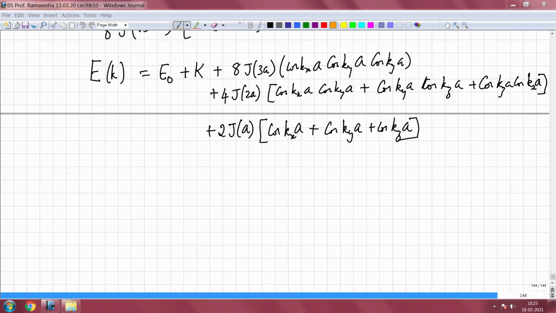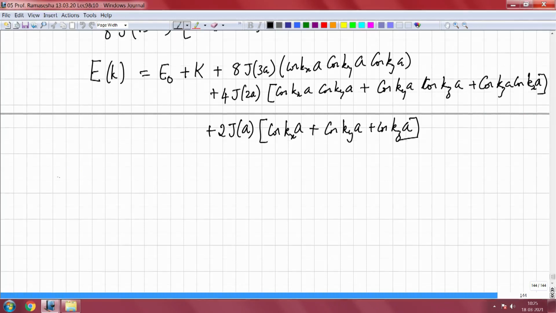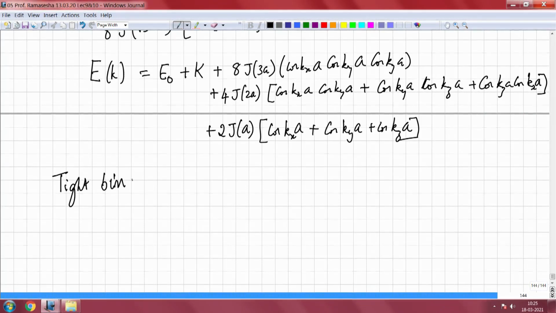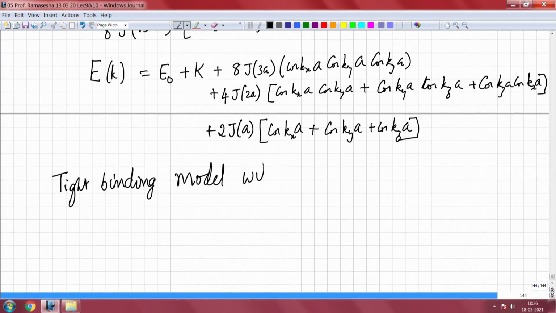I will continue with the tight binding model that I was discussing in the previous lecture. In the previous lecture, what we considered was the tight binding model involving just one orbital per site. But very often when you have transition metal ions, you will have the 3d, the 4s and the 4p, which are all close in energy. So, there will be overlapping of these 3d, 4s and 4p bands, and you really need to consider more orbitals.